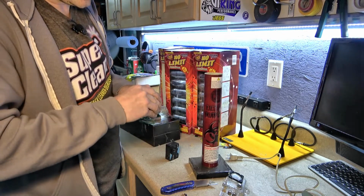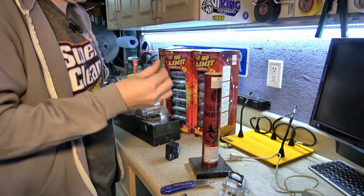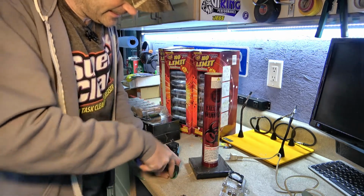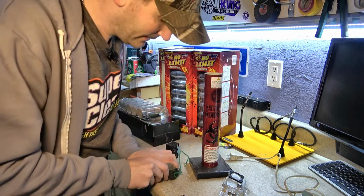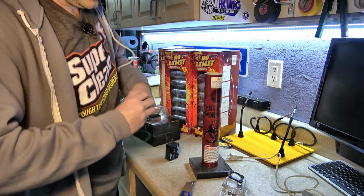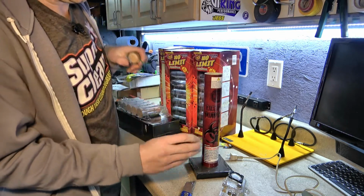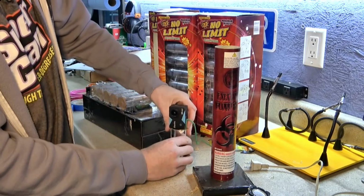Probably going to get rid of this stupid plastic. Oh, is the whole case plastic? I don't know. Yeah, I'm getting rid of it. I don't know what the hell this is. Did they make the whole damn case out of plastic? That wouldn't make any sense. They very well may have. Oh, there we go. See, they're so concerned that people are so dumb that they'll load these things backwards. They put all this extra crap in there. All right, so we're just gonna basically do one of these